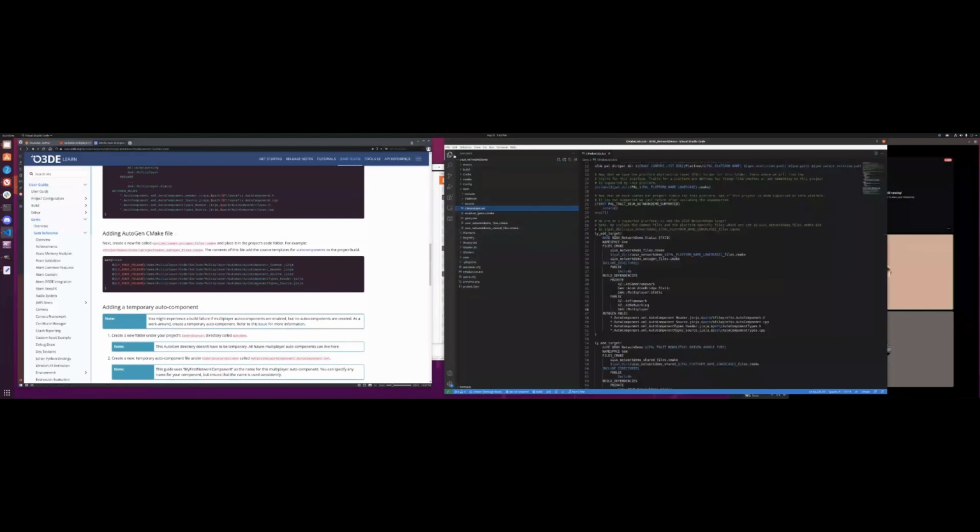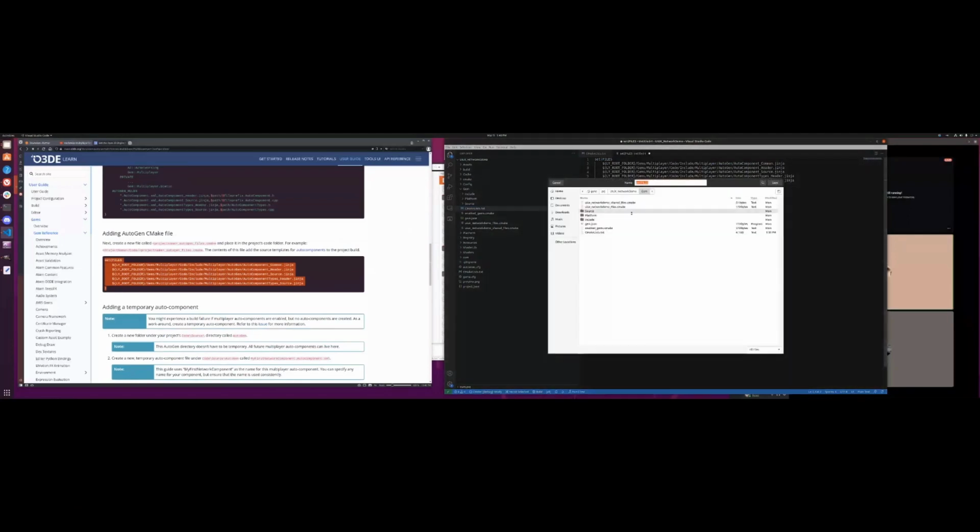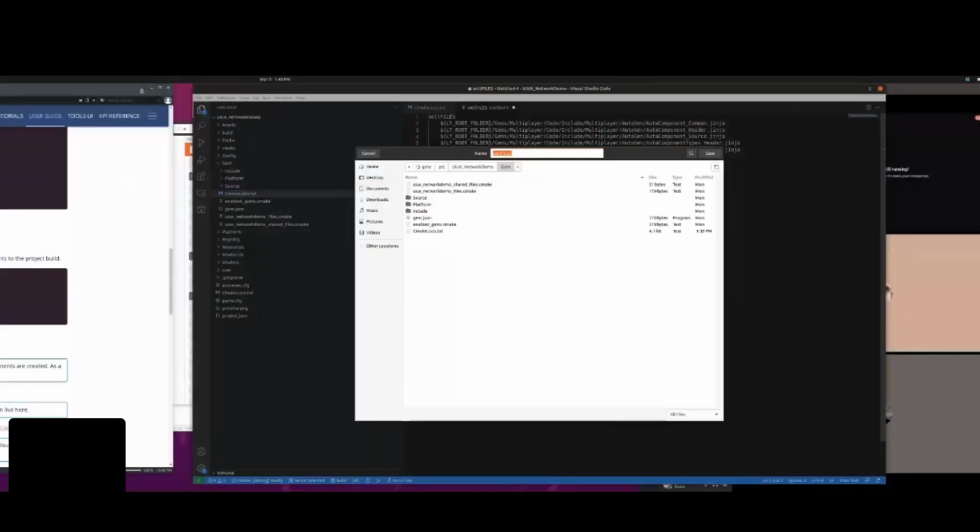Okay, so we're gonna make a new file right in here. Oh yeah. Cool. Just gonna copy and paste this. That's why it's good to just go straight to this website. You're gonna be copying and pasting a lot of this stuff. Okay, so we're gonna place it. The tutorial says place it in project name code. It looks like this might have been updated, so in newer projects, our CMake files are just right inside the gem, so just leave it there. Basically, just put it wherever you see the other CMake files being put. So we're going to call that UI UX network demo, but this one we're going to call AutoGen